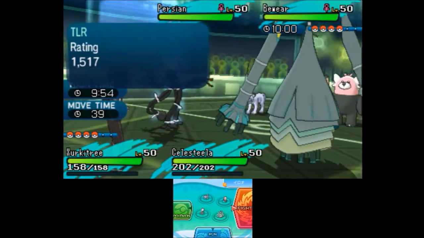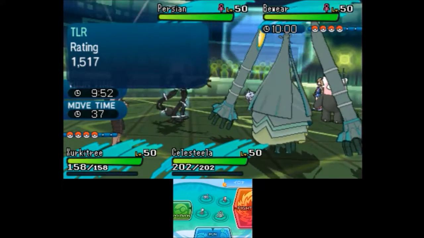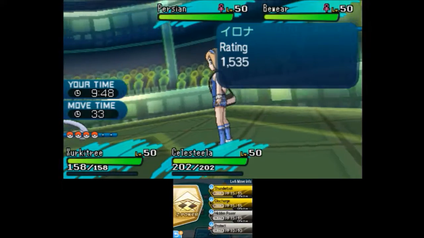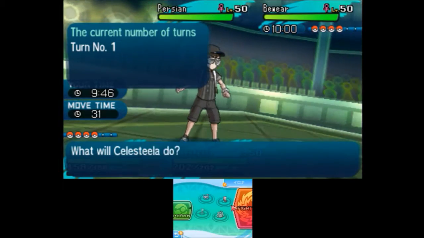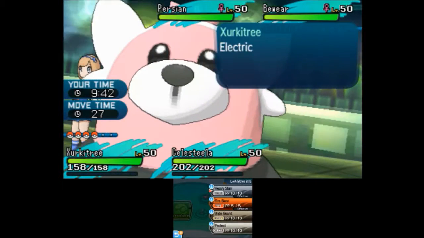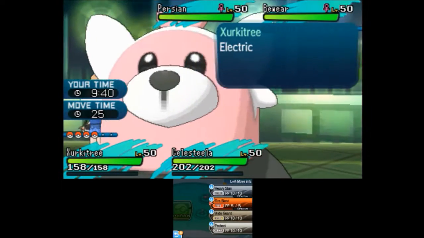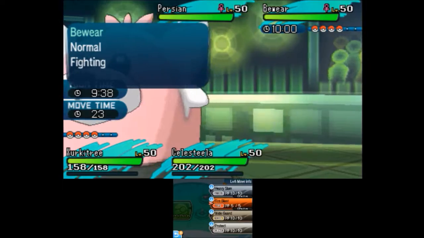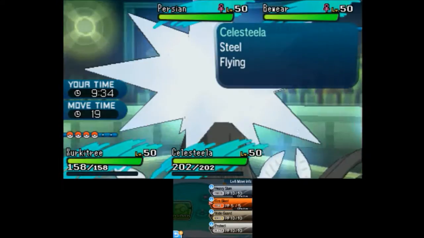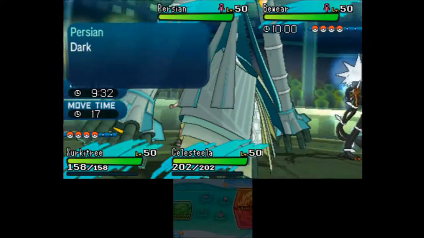with our Z move. But I don't think I'm going to actually Z move off the bat because the Persian can Fake Out. I definitely want to protect Xurkitree because she could easily just Fake Out Xurkitree and then attack it with Beware, and then I'll just die, basically. So we can also go for Fire Blast on Beware, which will do a lot. And Heavy Slam won't do much to Persian since it does have the Fur Coat ability, so I think that's what I'm going to